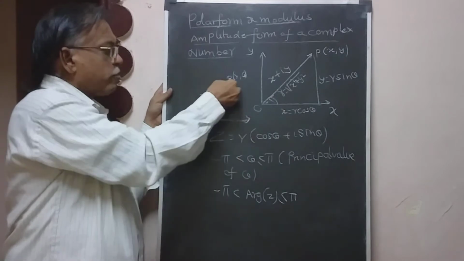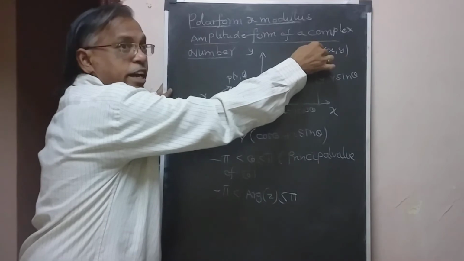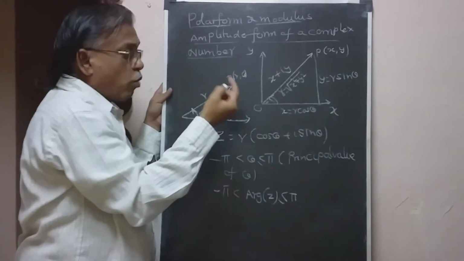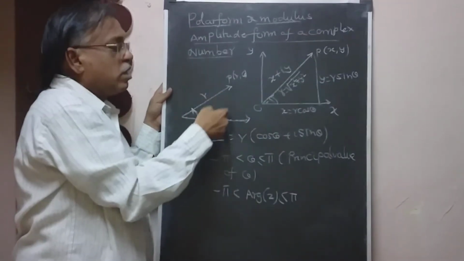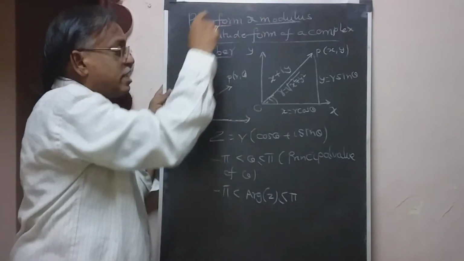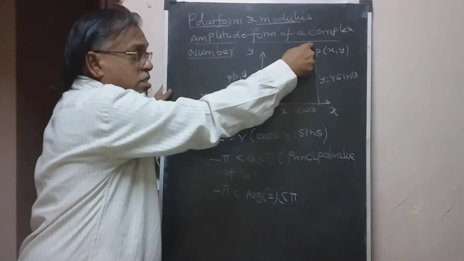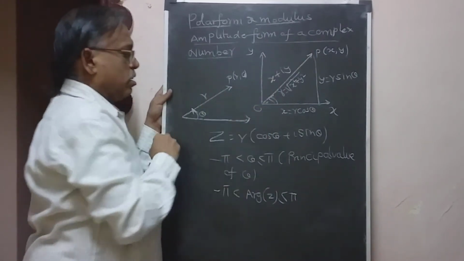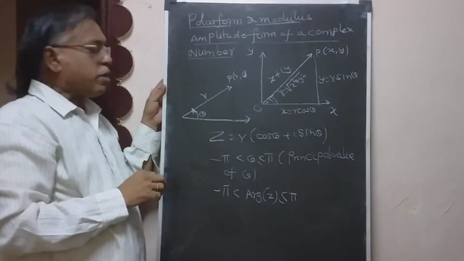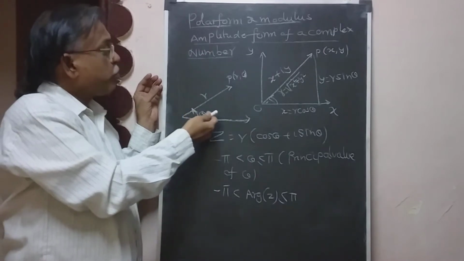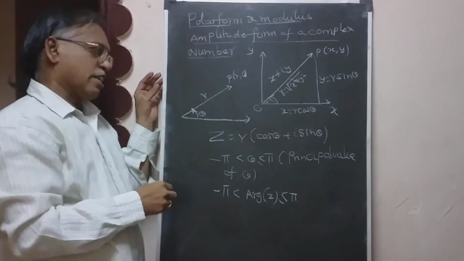See, this is the r value, the distance value of this point P, which is given as x plus iy. That you already know, in the orthogonal plane it is represented as x comma y. But in polar coordinates it is represented as r comma theta. R is nothing but the distance of the complex number z from the origin. That is this value r. But what about theta? Theta is nothing but the angle made by the complex number with the positive direction of x axis. That means in this direction, anti-clockwise direction. Okay, students.